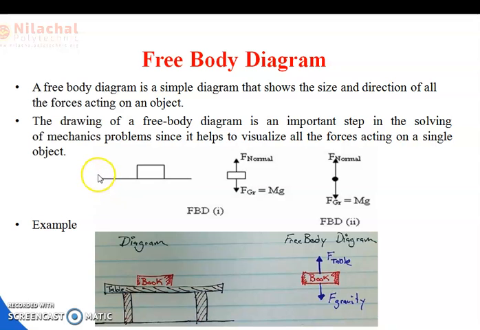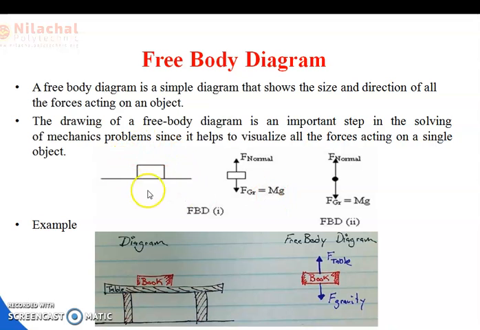So here you can see a body is placed on a plane. When we draw a free body diagram, the body is in air, so it is in a free condition. So what are the forces acting on it? One is the upward force, which is known as the normal force, and another is the downward force, the gravitational force, denoted as F gravitational, which is equal to m into g, mass into g. So this is the free body diagram